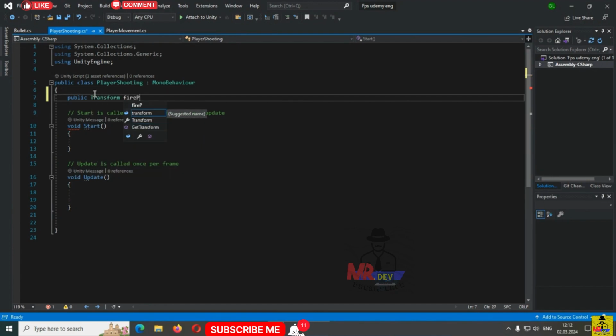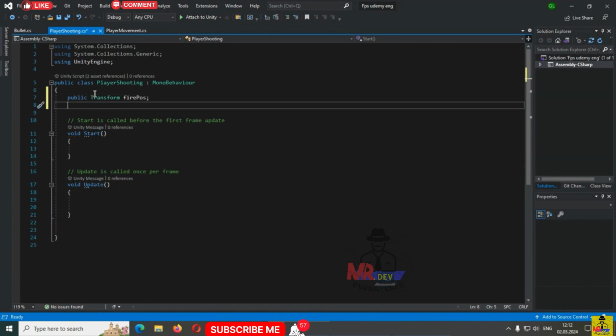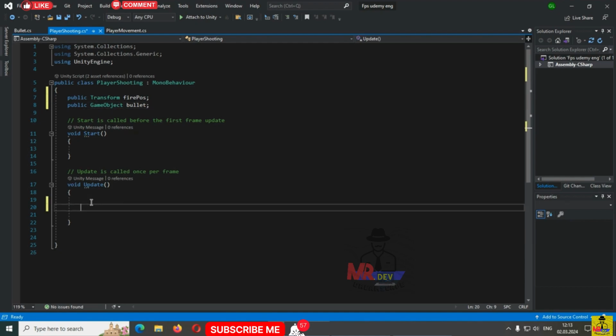Let's call this one fire pause. Also, we will need a reference for our bullets, which we will create. So public GameObject, and let's call this one bullets. And in the Update, as I said, we will use simple logic: